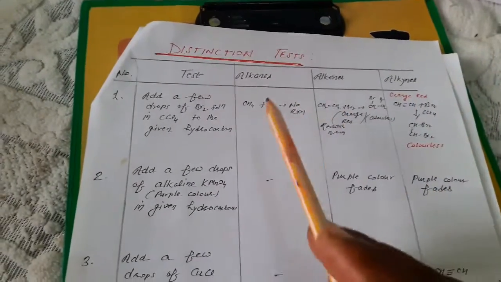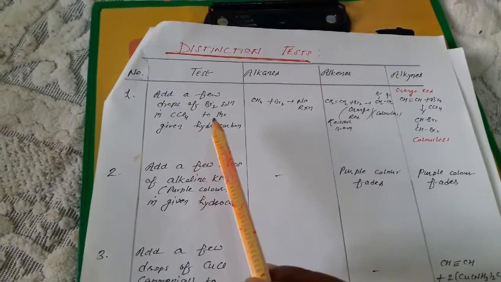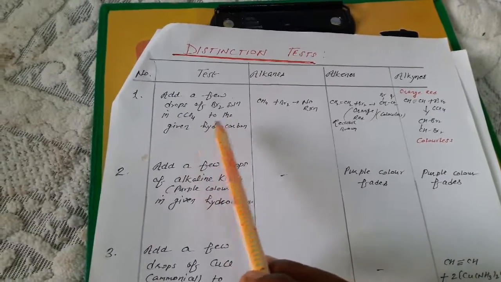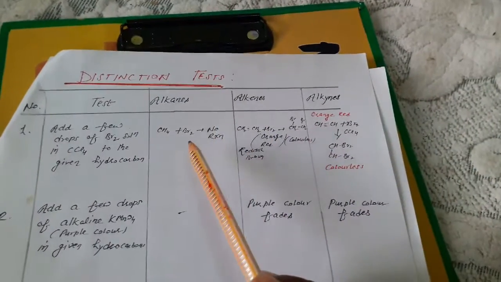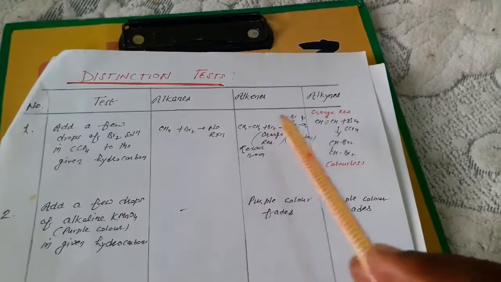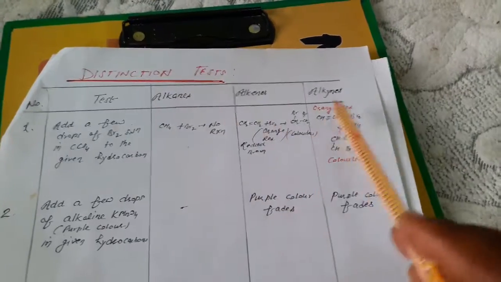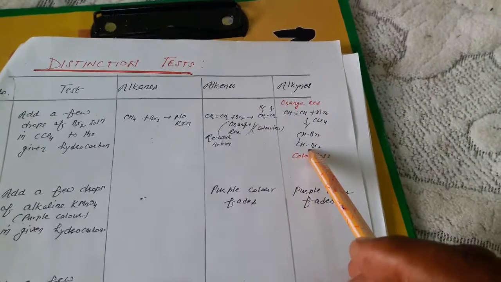So in the last, how can we check alkane to alkene, alkene to alkynes, and what are the distinction tests, and which test can we take for distinction of these three? So let me see. First is the bromine water test. A bromine solution in carbon tetrachloride is added in a few drops to the given hydrocarbon. Alkanes do not give the addition because they do not contain a double or triple bond. So this is a test for distinction between saturated and unsaturated compounds, because unsaturated compounds give the addition and change color.